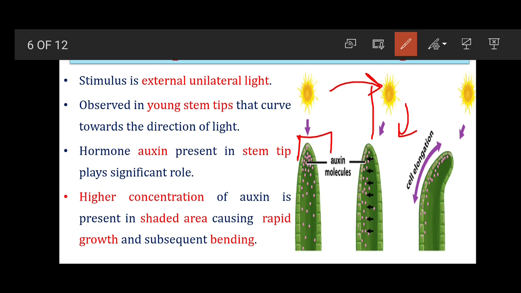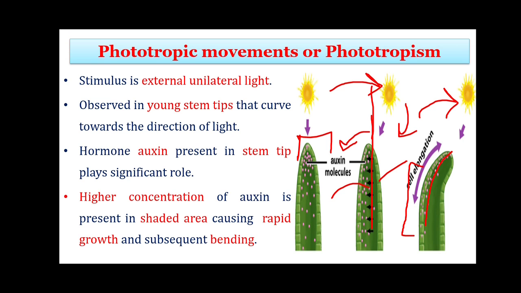Now when the sun moves towards one side, the auxin molecules also move to the other side. So here the sun is exposed to this part and the auxin has moved to the shaded area. Now when the sun moves further away from its original position, the auxin molecules present on the shaded region cause the cells to divide, and it shows elongation in the shaded area. So that's how, because of the presence of a unidirectional light stimulus, there is a distribution of hormone towards the opposite side, and that opposite side brings about cell division and ultimately elongation in the plant organ.